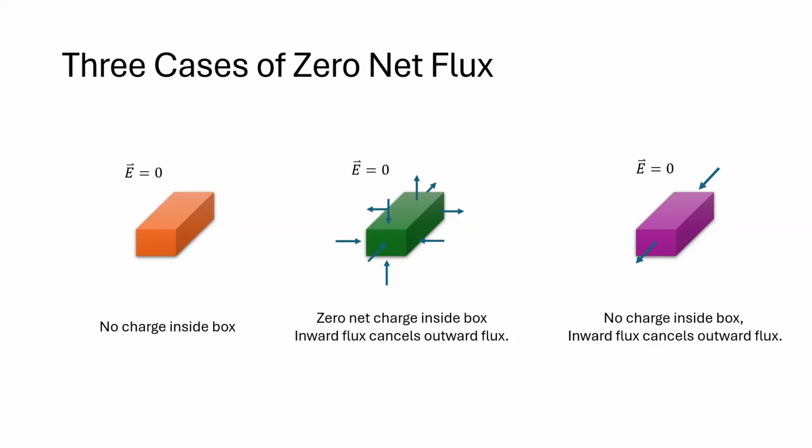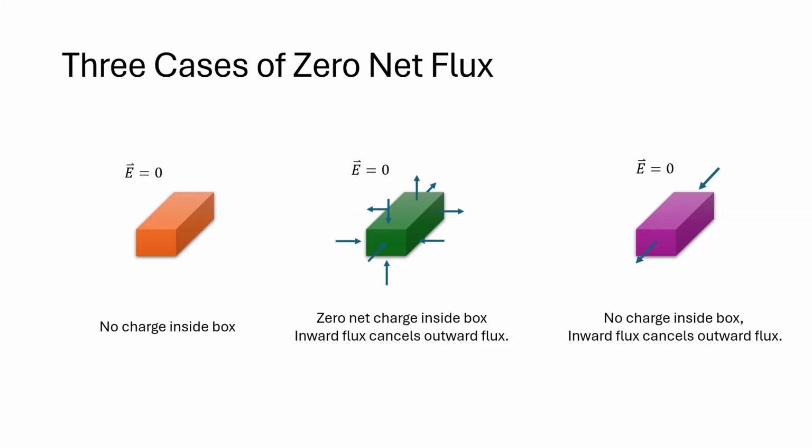The second one is that when there are two opposite charges, ibig sabihin merong positive at saka merong negative of equal magnitude ng charge niya. So since they are of the same magnitude and opposite charges, in other words, they cancel each other. Okay? Sabihin natin there is positive 1 and there is also negative 1 charge of particle inside the box. It cancel each other. So that also give us a zero net flux.